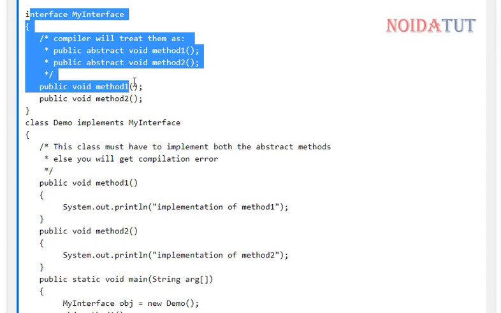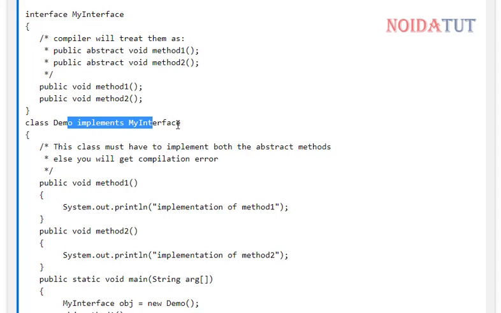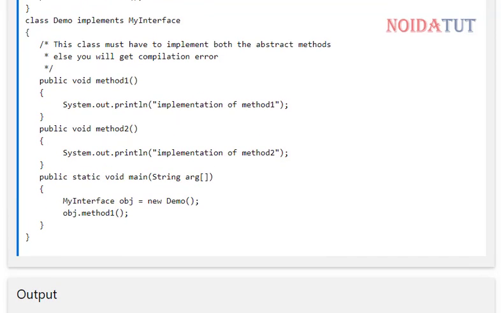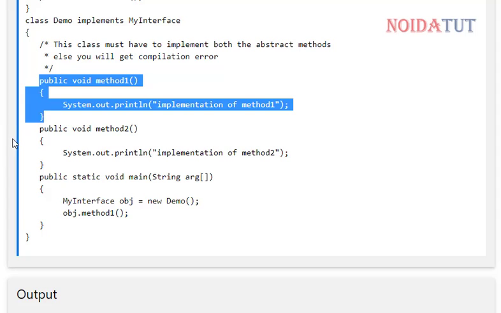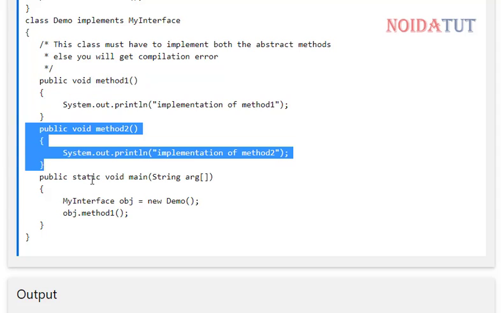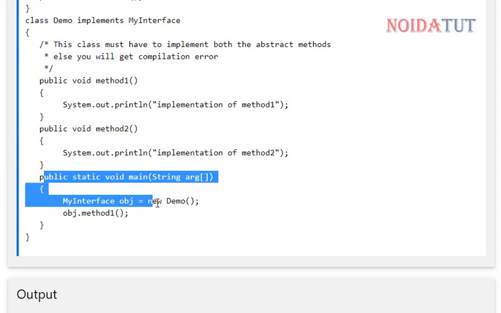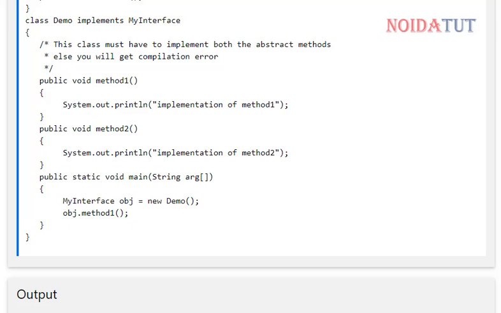We have a class, we have a declaration of methods, we have another class which implements the interface. Now in this section we have defined the functions, created the object and called the functions.